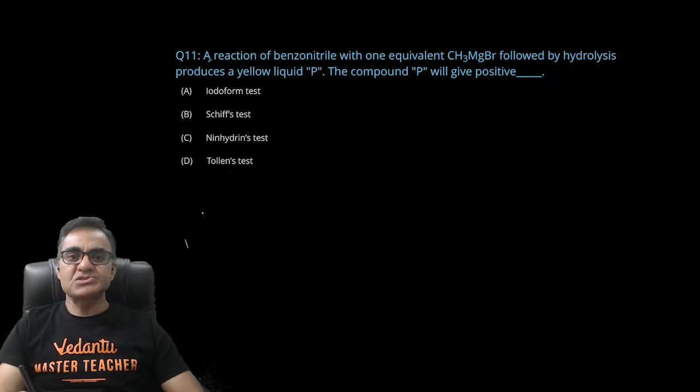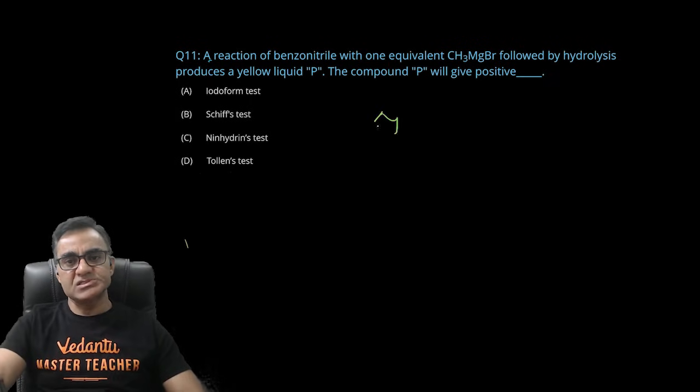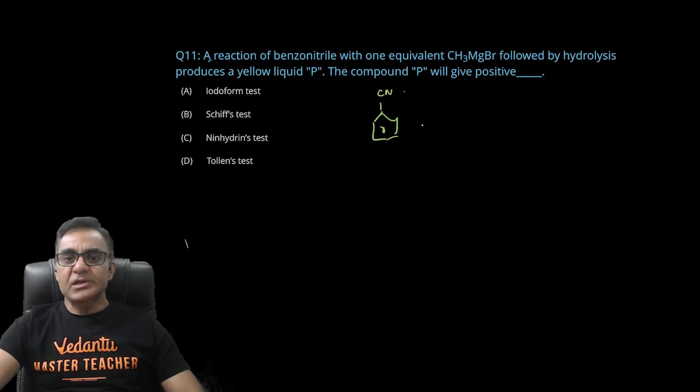A reaction of benzonitrile is C6H5CN, one equivalent of CH3MgBr। अगर एक equivalent CH3MgBr followed by hydrolysis करते हैं ना, तो इससे कीटोन बनता है,